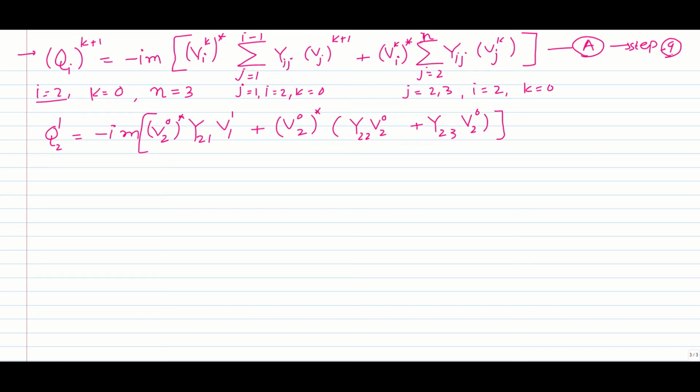Now I will substitute the values, but before substituting, just take V2 0 star common from this equation. So we get V2 0 star common, and here in the bracket I will have Y21 V1 plus Y22 V2 0 plus Y23